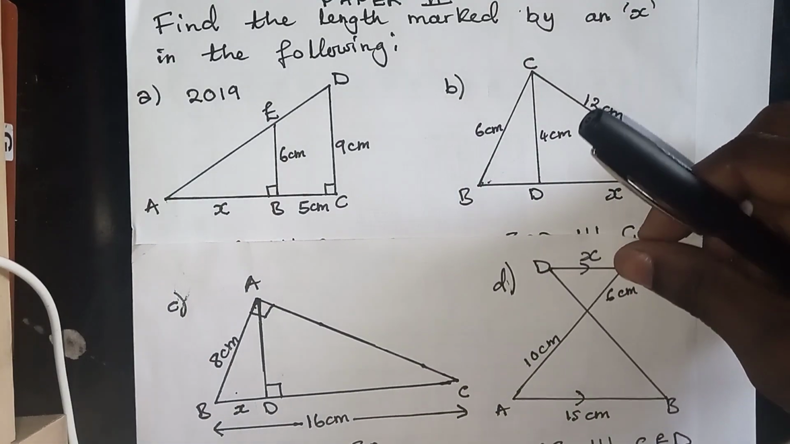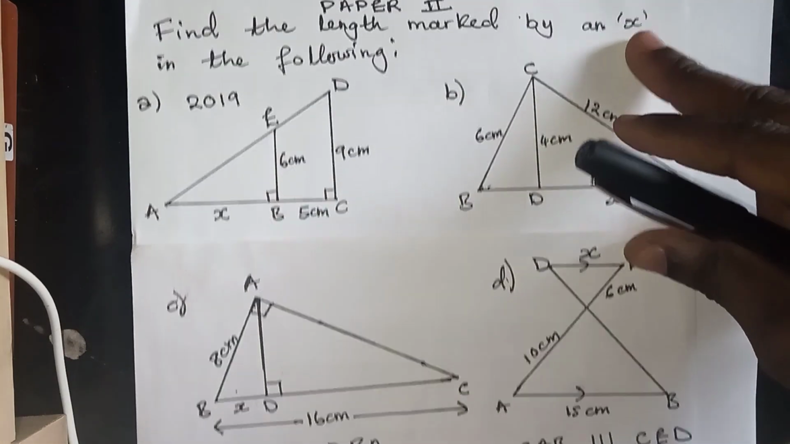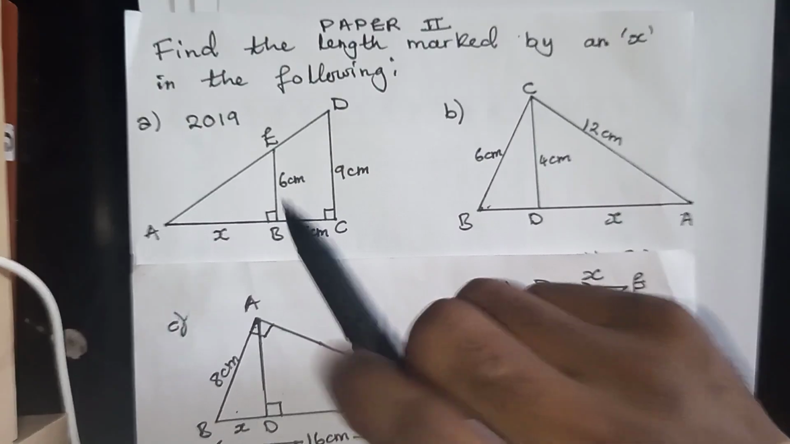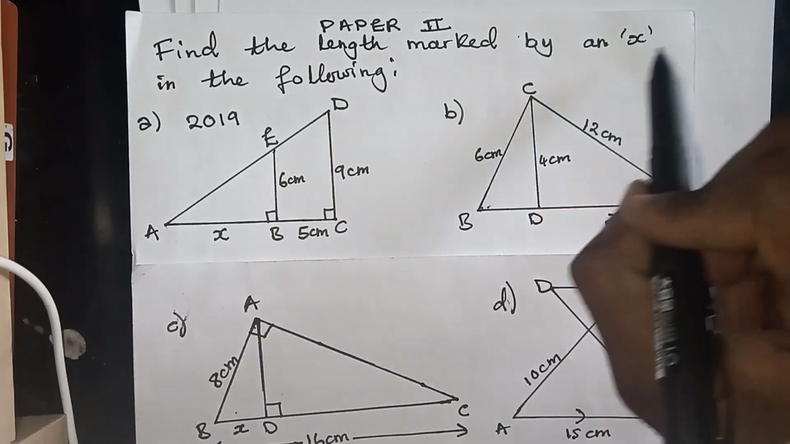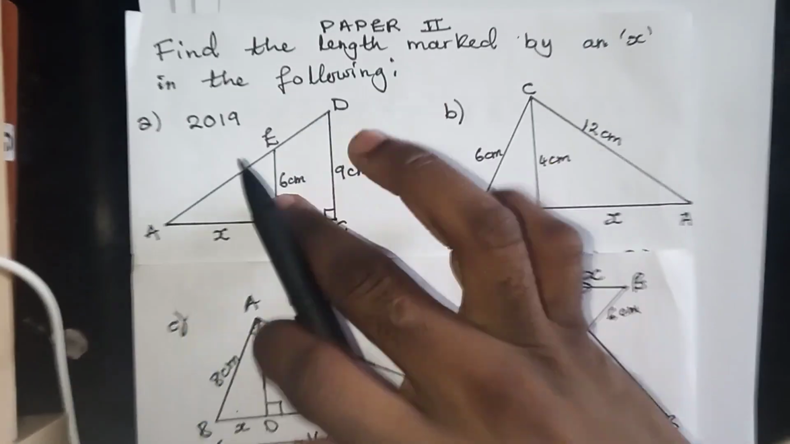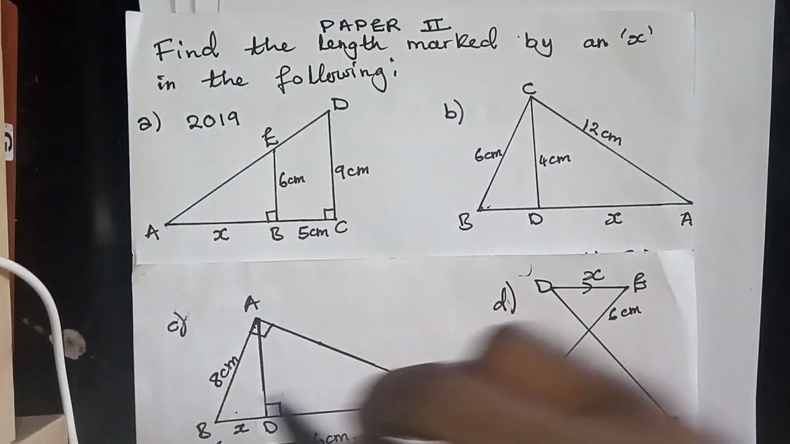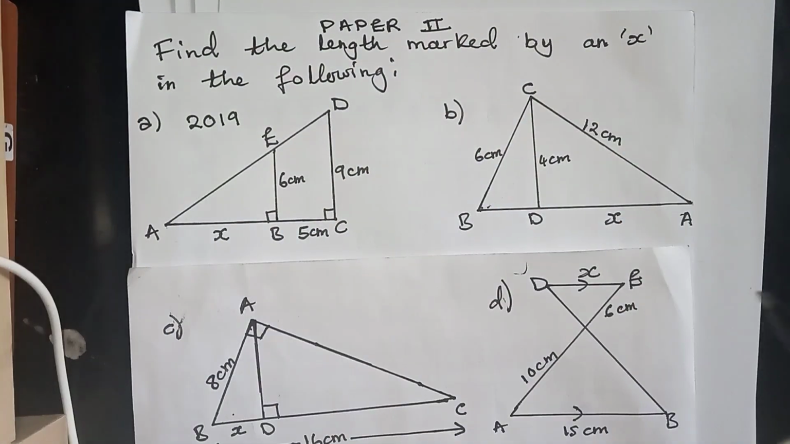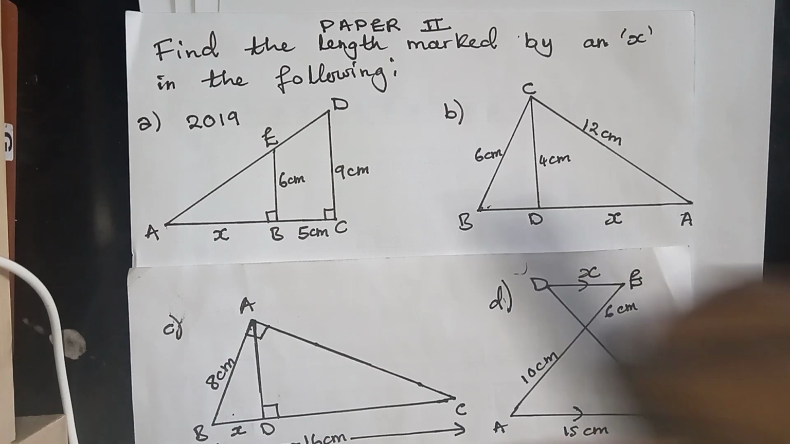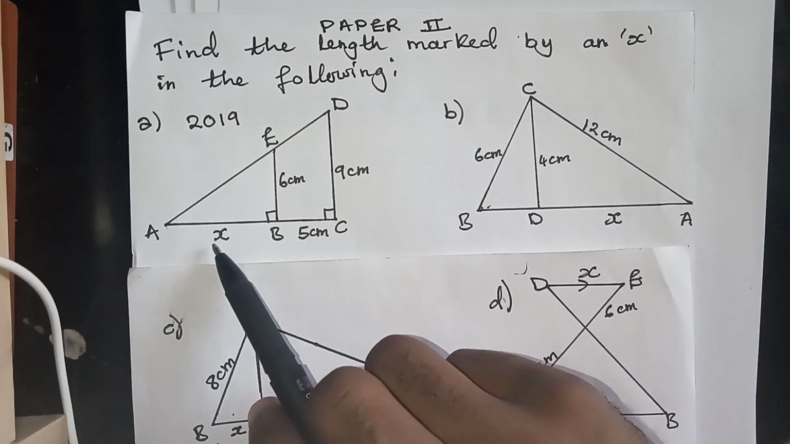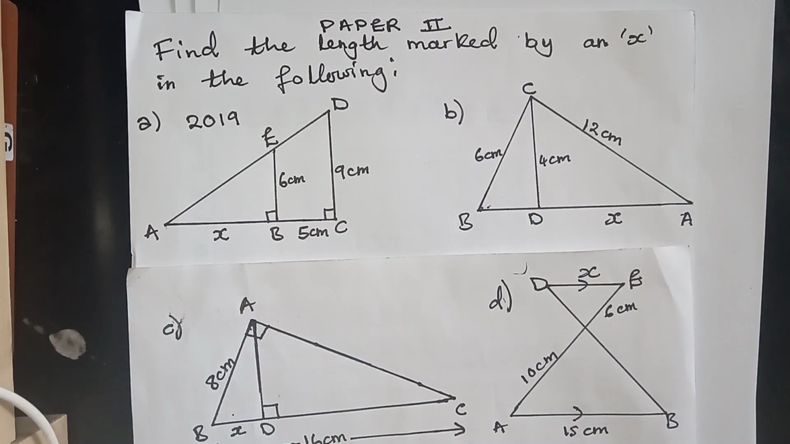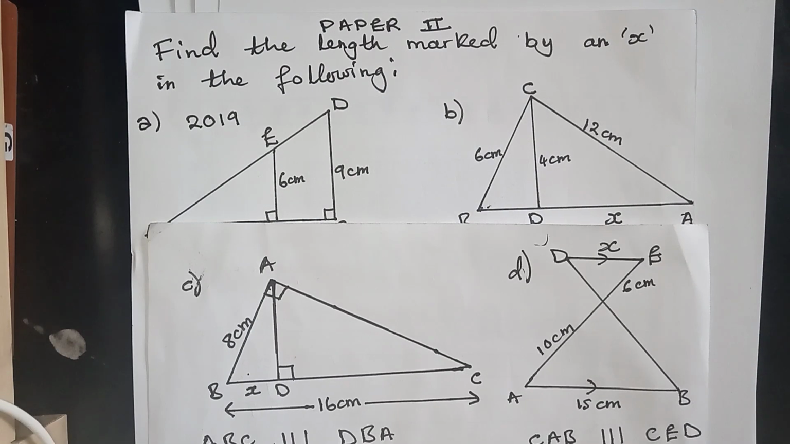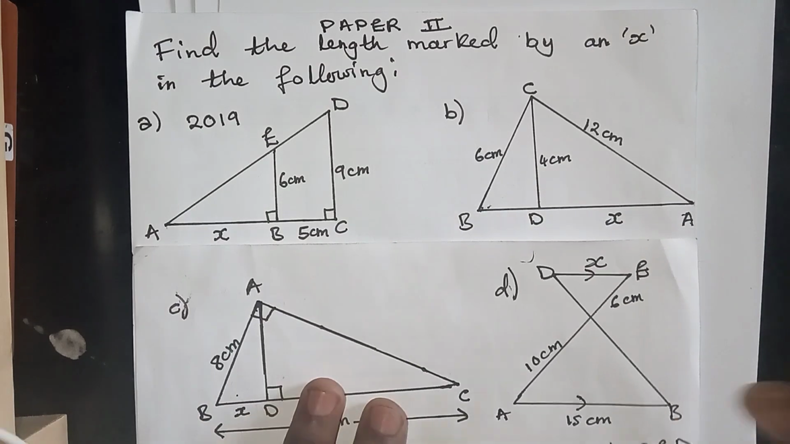Okay, so in paper 2, you expect questions like this. Find the length marked by an X in the following. So I decided to extract these questions from past papers, and then I decided to modify them a bit. I used an X instead of saying AB, but the procedure will still be the same. I didn't want to write so many questions or too many things. Okay, so